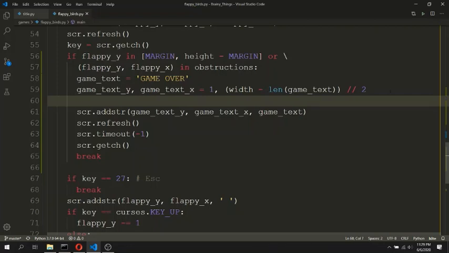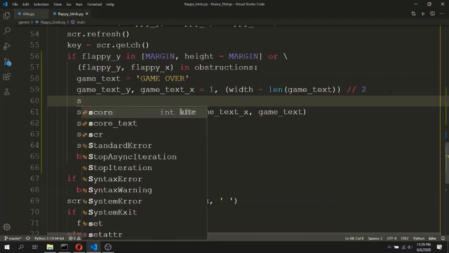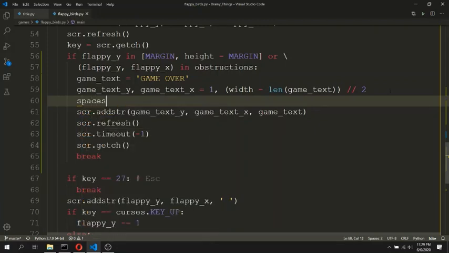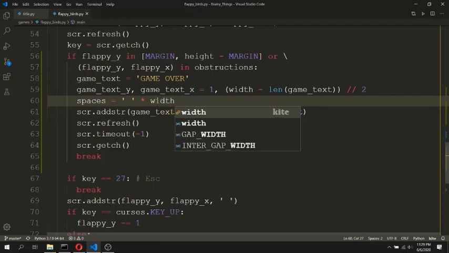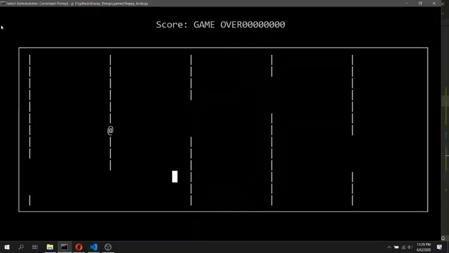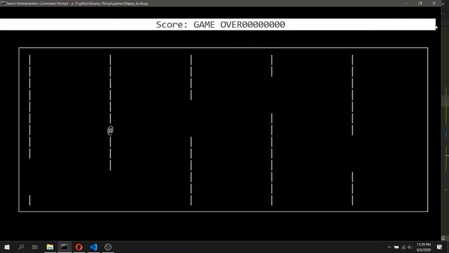So for that, we will delete it using the space characters. So we will declare a spaces string, and this space will be of width character long because at y equal to 1 this will be the width character long.